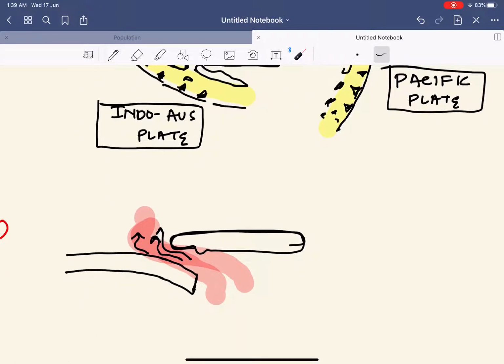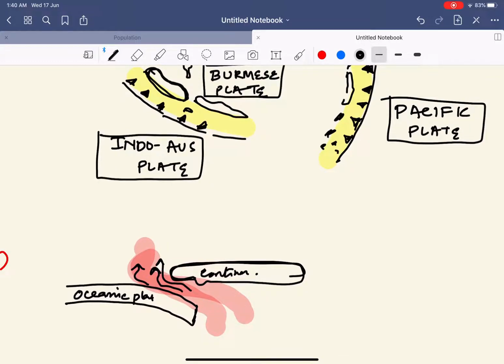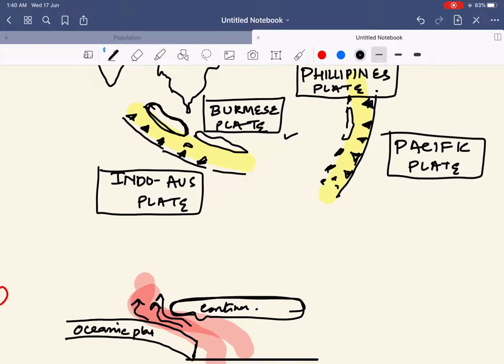Now understand this. This is your oceanic plate. This is your continental plate. The Burmese plate over here, or the Philippines plate over here, these are characterized as continental plates. But on the other hand, the Indo-Australian plate and Pacific plate are the oceanic plates. The oceanic plates are actually denser. Hence, when the oceanic plate collides with the continental plate, the oceanic plate, being denser, actually submerges beneath your